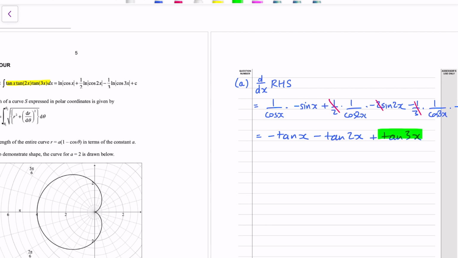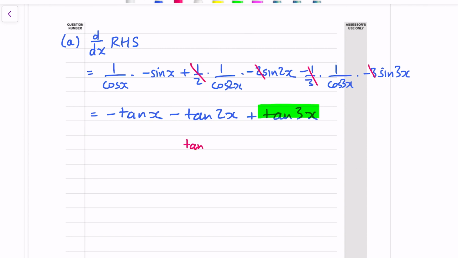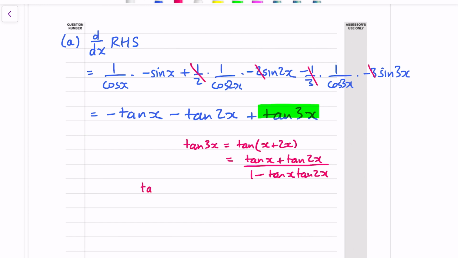So we can change tan 3x, and I've done this in an earlier video, but if we go tan of 3x is tan of x plus 2x, which is tan of x plus tan of 2x over 1 minus tan of x, tan 2x. It's the compound angle formula. And if we rearrange this equation by cross multiplication, therefore tan 3x times the denominator is equal to the numerator,